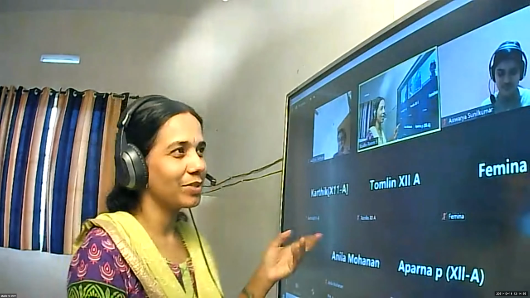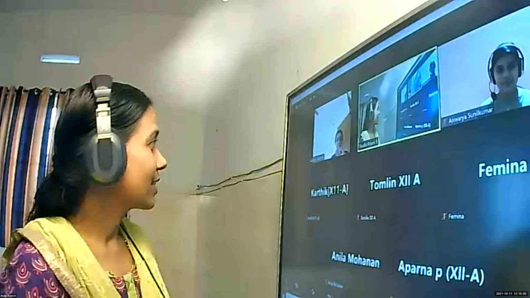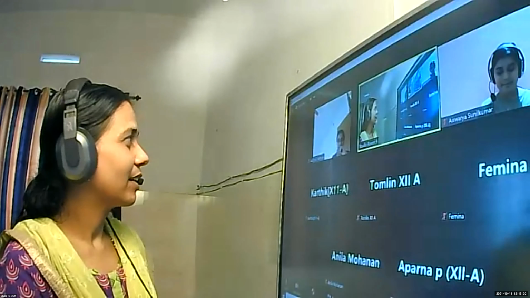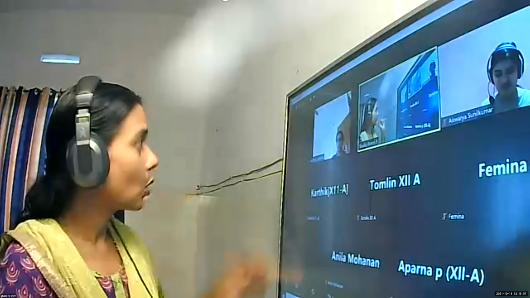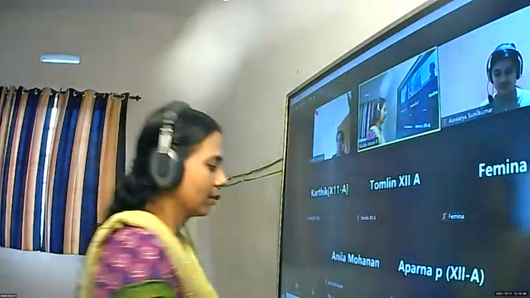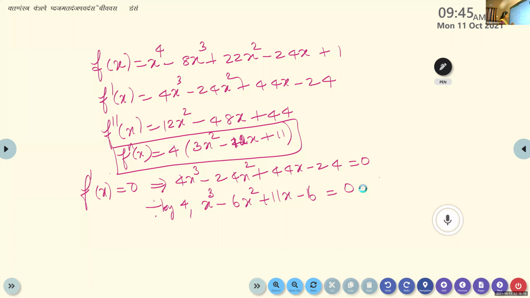Children, go through this. Actually, this is a question from your NCERT textbook, text material given by CBSE. From there only we discussed. So go through it, solve it once again. Now look at here, how to solve it. You name this as P of x. Suppose this is the polynomial P of x. I think you'll be able to recall it easily because you have learned this in 9th standard, 10th standard and all.